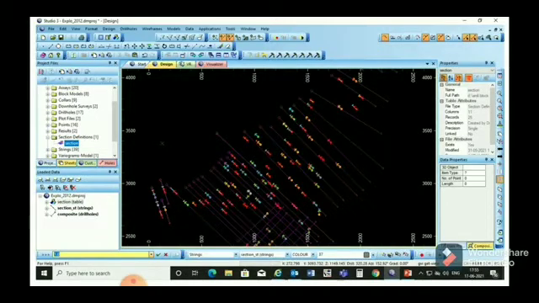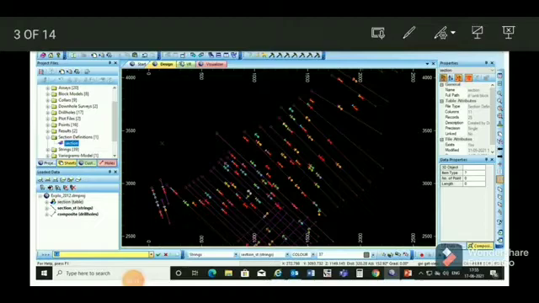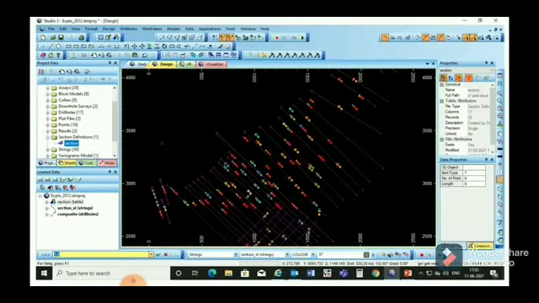Now to show our sections, we have to click in the design window and type GVI on the keyboard, so the command will be active. When the command is active, the command box will display in a yellow box and the section number will display here. Here we can see section number 1 is displaying.